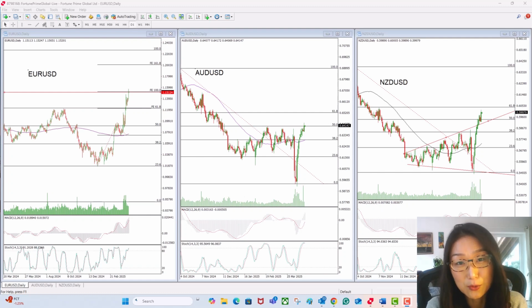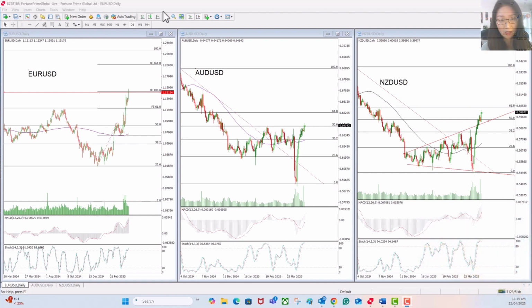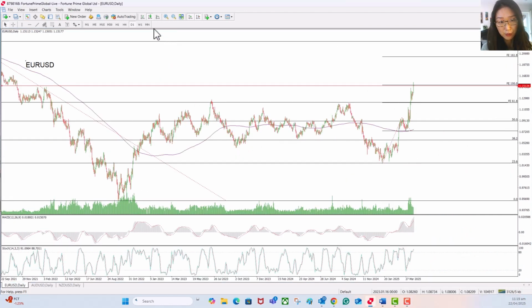Investors seem to continue offloading US assets as the Trump administration is seeking a way to fire Fed Chair Powell. The US dollar, stock markets, and US government bonds were sold off intensely on Monday, sending gold to a new all-time high and other currencies soaring. In the following video, I'm going to talk about the potential market trends of three major currencies against the US dollar, including the euro, the Australian dollar, and the New Zealand dollar. Let's get it started.